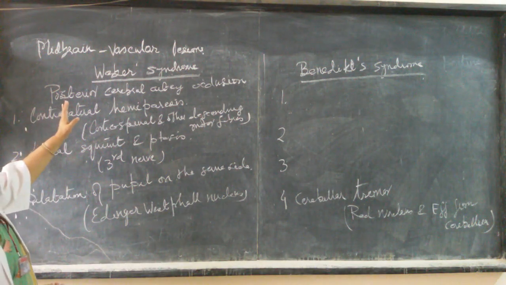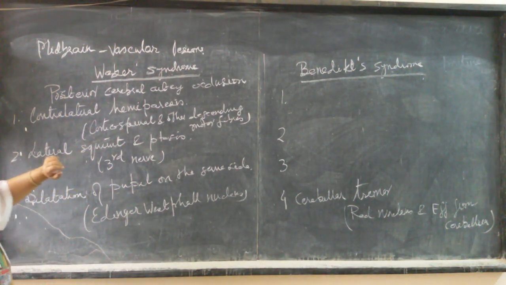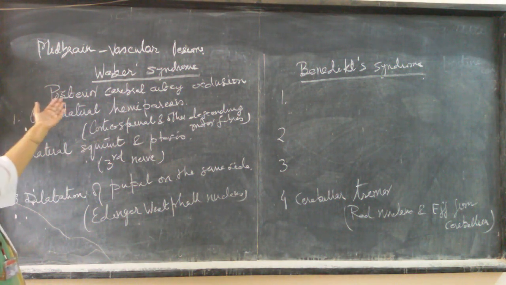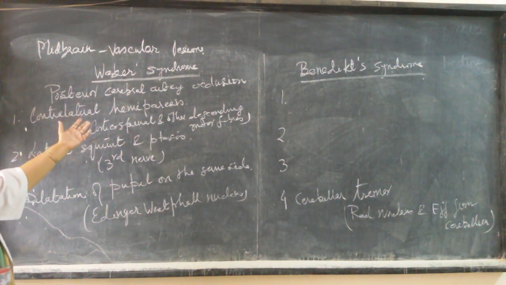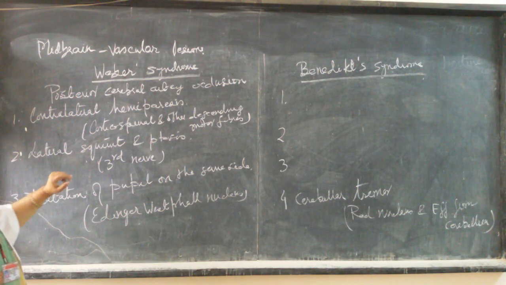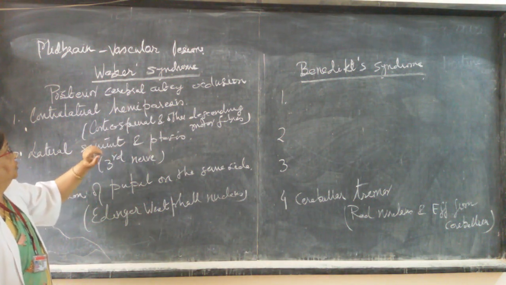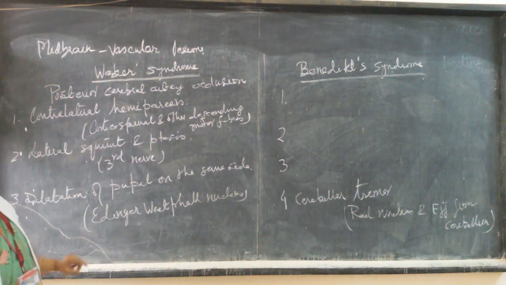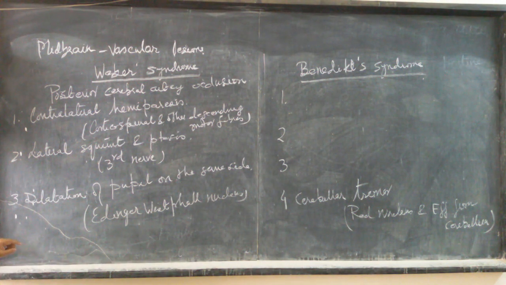The vascular lesions of the midbrain. The posterior cerebral artery supplies a part of the midbrain, and when there is occlusion of this, it leads to a syndrome known as Weber's syndrome. The features of Weber's syndrome are